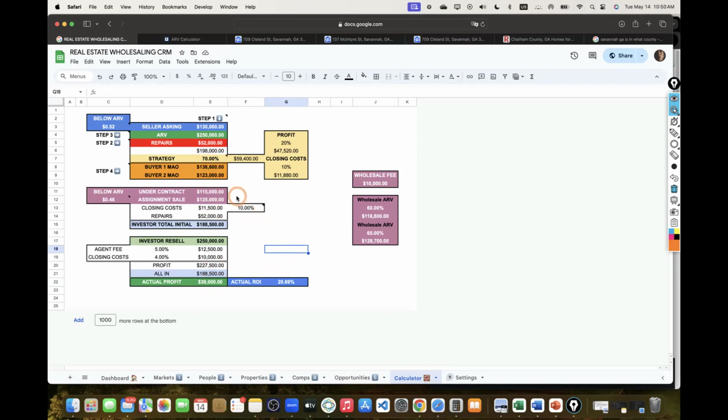If I want to build a relationship with the end buyer, again, we can negotiate on the price point. And this is what I mean by assignment of sale. So this is when you get the property under contract, you're not promoting the property because you're not a real estate agent. You're promoting the sale of assignment. And then this is listed up whatever makes most sense for you. If you want to do all your wholesale deals at $10,000, but again, this is a property that is on market. So if it's off market, then it's really an open game.